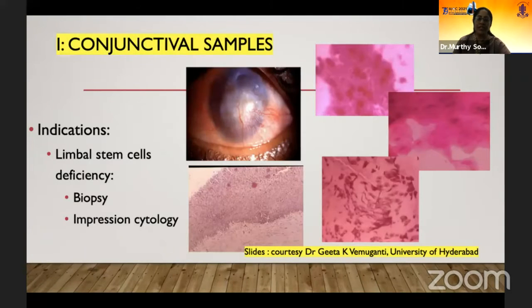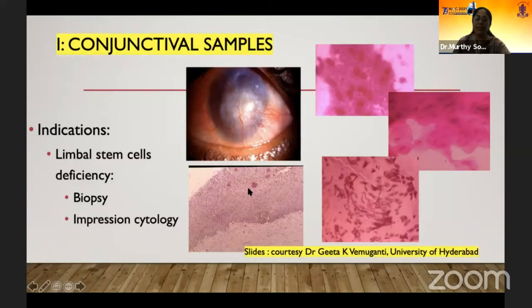So what are the indications for conjunctival samples? Very often we come across conjunctival lesions, but pushing across the indications would also mean that it used to be one of the ways to diagnose a case of limbal stem cell deficiency. When we take a biopsy, for example, this clinical picture shows a large area of conjunctival overgrowth or pannus. And when you excise this, you see a huge conjunctival overgrowth on the cornea, which is hypertrophic, and a few goblet cells at the base.